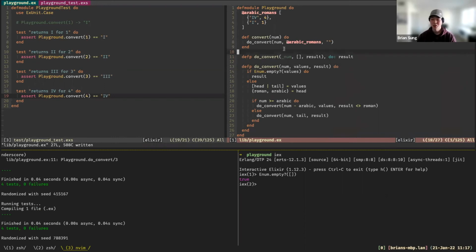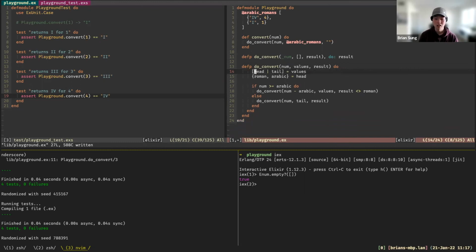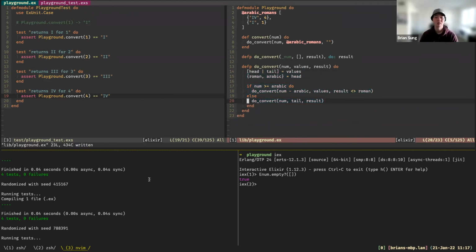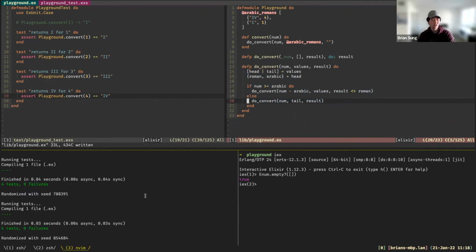It turns green, so you don't really focus on it too much. All right, so we've effectively removed this first part of our previous doConvert function. So we run the test again. It should still pass, right?